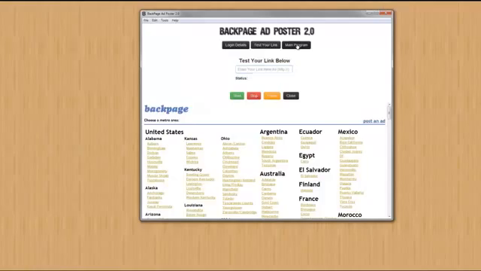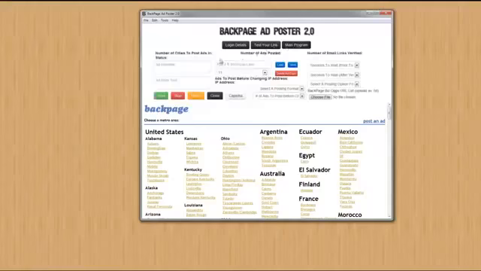Lastly, we'll go ahead to the main program tab. This is where all the action happens. For those of you that own version 1, or if you've seen version 1, you'll notice that things look pretty similar, but there are some enhancements. So basically, you have your ad headline, your ad body text. You can spin both of these fields. That's the same. You can also, this is a new addition, you can save those details just by naming this,